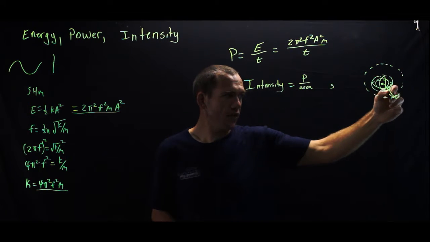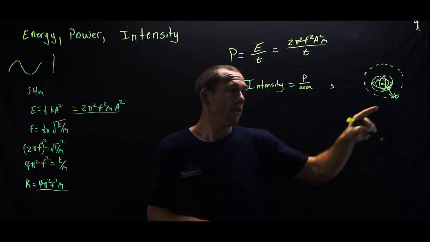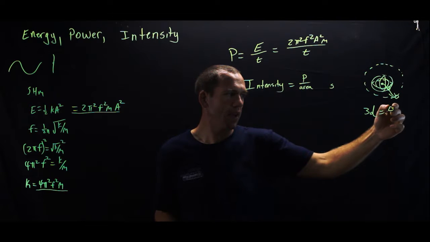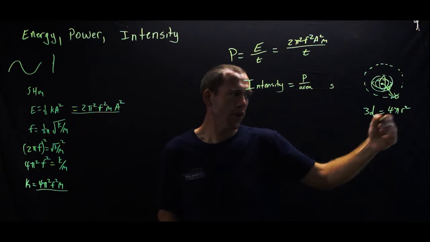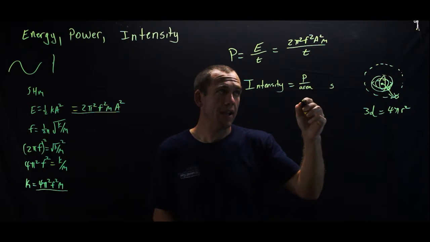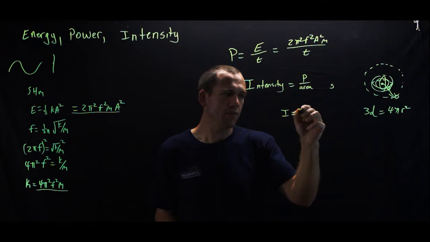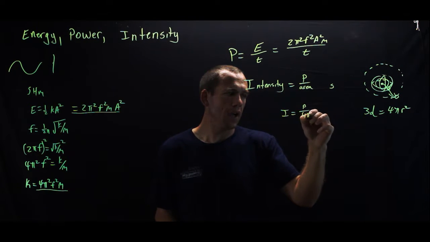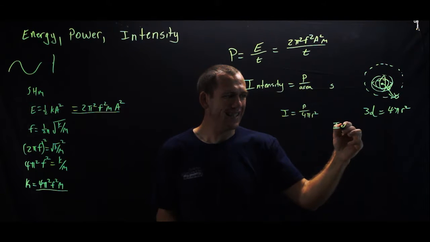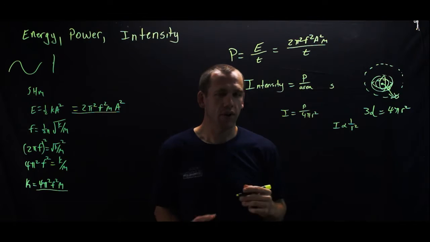Now, as this gets further out, what happens to the area? Well, it depends on the shape, right? For this 3D wave, the surface area of that wave is given by 4 pi r squared. So in 3 dimensions, intensity is power divided by area, so we have intensity is equal to power over 4 pi r squared, which tells me right here intensity is inversely proportional to the radius squared, or the distance from